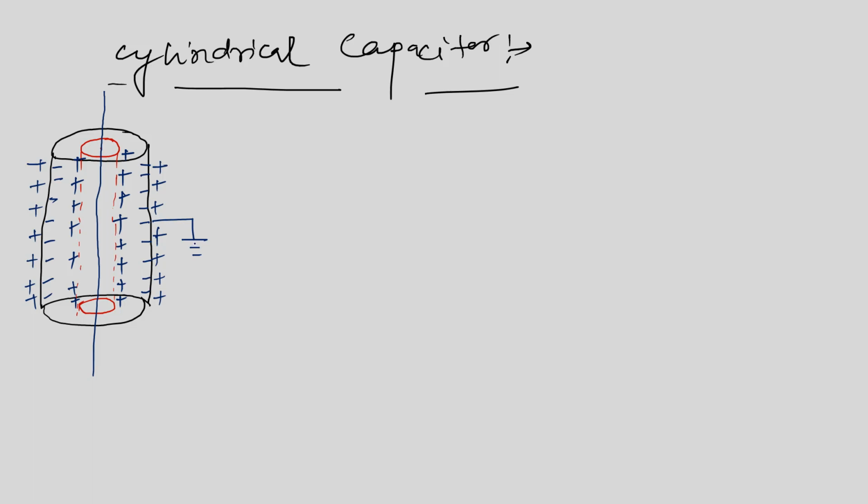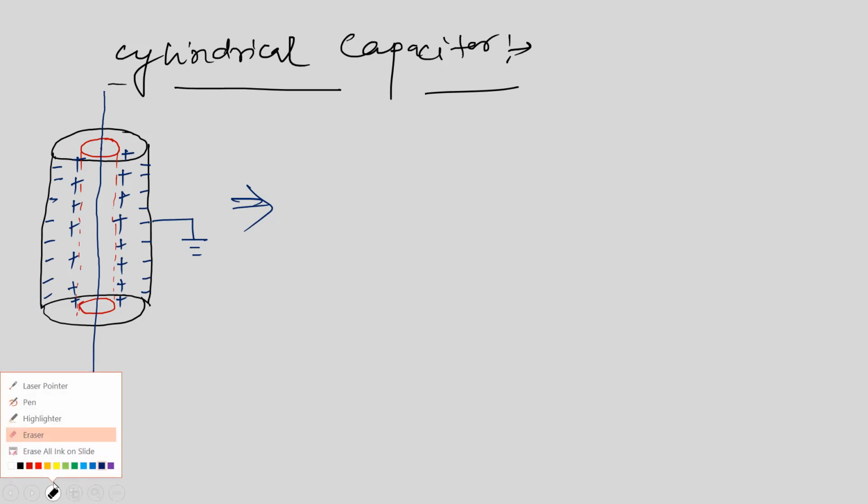Now, as I have told you, the outer surface is having the ground connection or earth connection. It is being connected to the ground via the earth wire. So obviously the charges that are present on the outer surface of the outer cylinder will be neutralized. And finally, I don't have to draw the diagram again. I have an eraser. I can erase all of the charges that are present over here. Let me erase all of the charges. So all of the charges will get neutralized, as you are seeing.